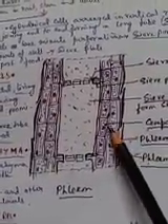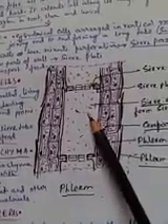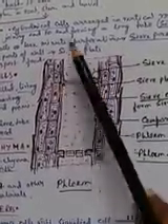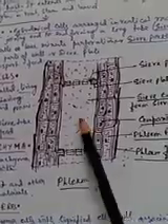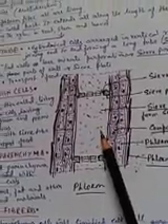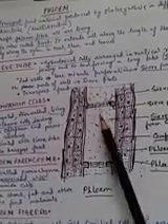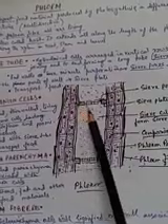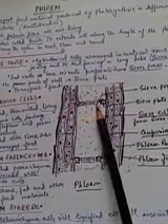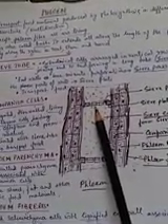Now what is a sieve tube cell? Elongated cells, you can see this one is a sieve tube cell, this is another sieve tube cell. The elongated cells are arranged in vertical rows joining end to end forming a long tube. In between two cells, gaps are there, called sieve pores, and the sieve pores are protected by a plate-like structure called sieve plates.